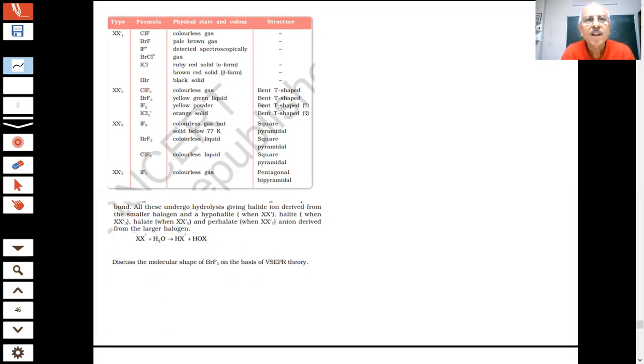So there is a question. You can see that we should try to at least learn them. X dash: ClF, BrF, BrCl, ICl, IBr. This is our story, that the first element, first X, is bigger in size than the second one. The first is electropositive and the second is electronegative in comparison to each other. This is a colorless gas, pale brown gas, and then it becomes a brown solid, black solid. As the size of the halogen increases, as the molecular mass, atomic mass of these halogens increase, you can see they are converting from the gas to the solid form.